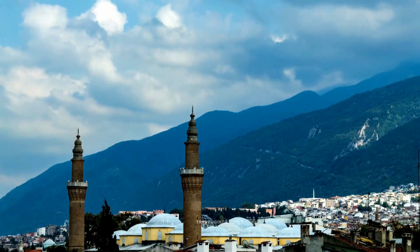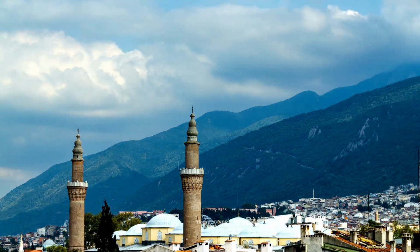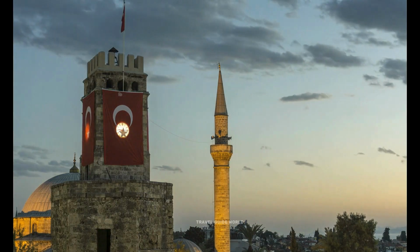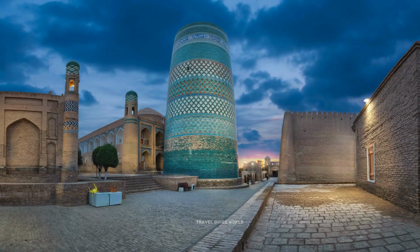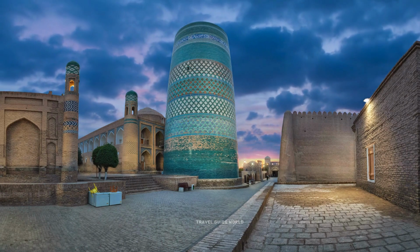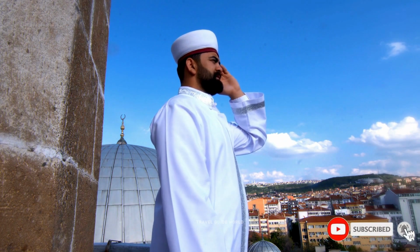The Yivli Minare is steeped in history, its foundations laid in the 13th century by the Seljuk Sultan, Alaaddin Keykubat. A testament to Seljuk architecture, the structure is an amalgamation of a mosque, a madrasa, and a distinctive minaret. The minaret, from which the complex gets its name, stands at an impressive 123 feet, its fluted design a remarkable feat for its time. The minaret's unique design, characterized by its 8 fluted bands, has made it an iconic symbol